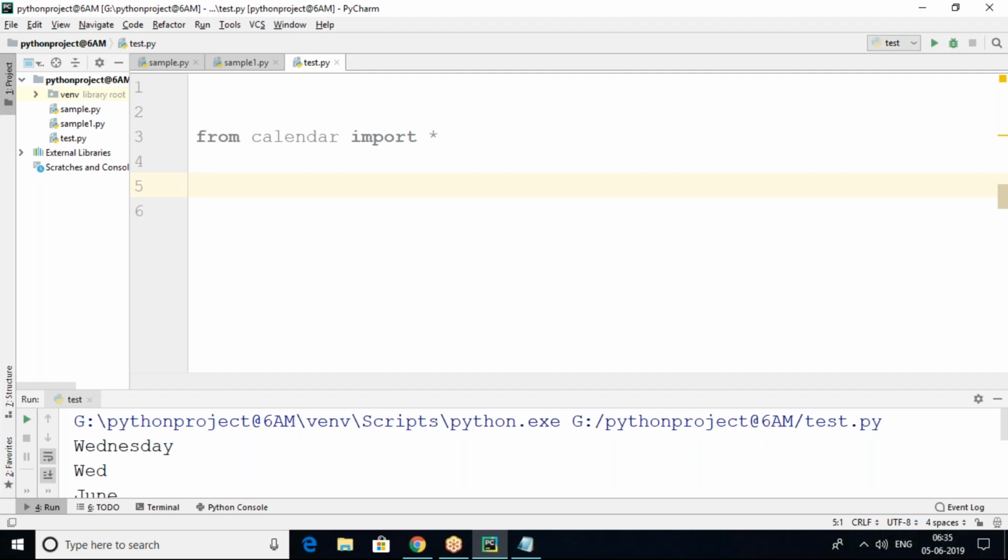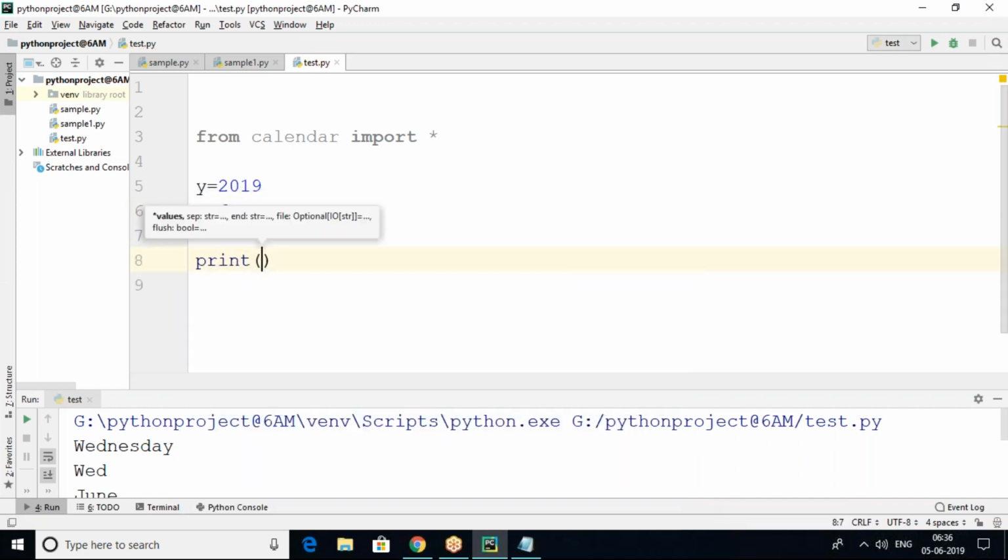That month function will accept two parameters, one is year and the other month, and that month of that year calendar will display. So whatever month we mention, that month and that year calendar will display. Okay, that is what the month function will do. For example, y equals 2019, any variable you can take. m in the sense month, this is June, month 6 I'm giving. So I want to print this month and year calendar.